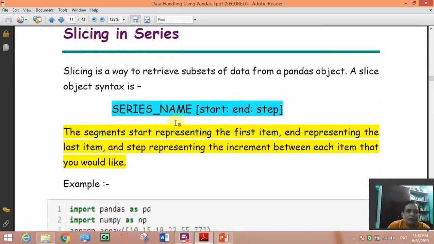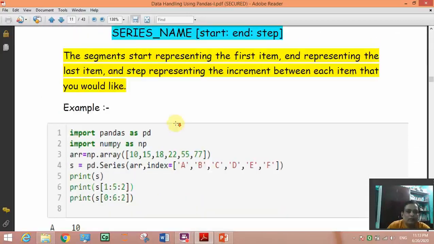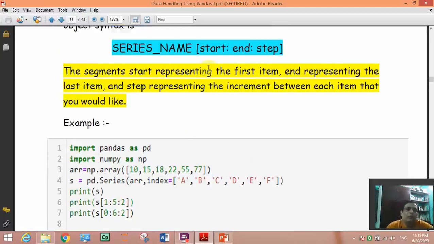Next is slicing. Again, slicing means taking a sub range from the series. So here you already know slicing has 3 arguments, that is start, stop, step.